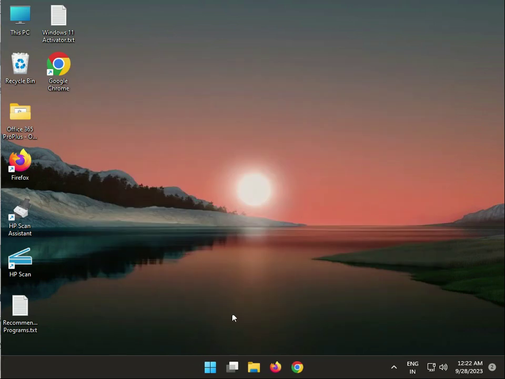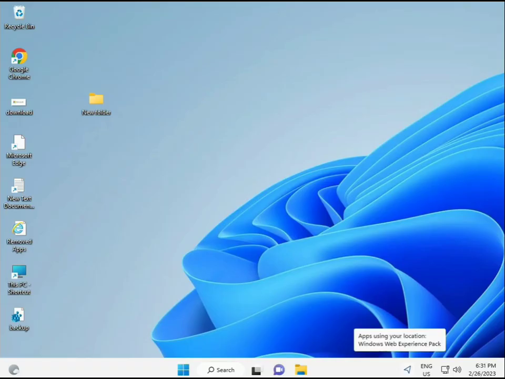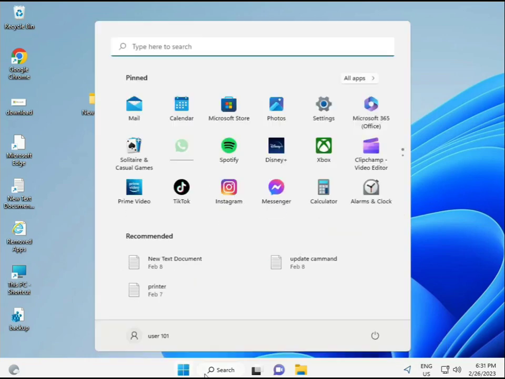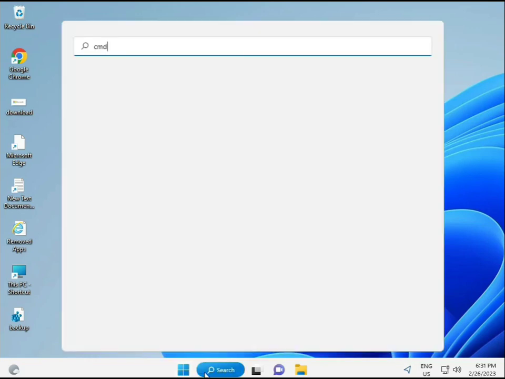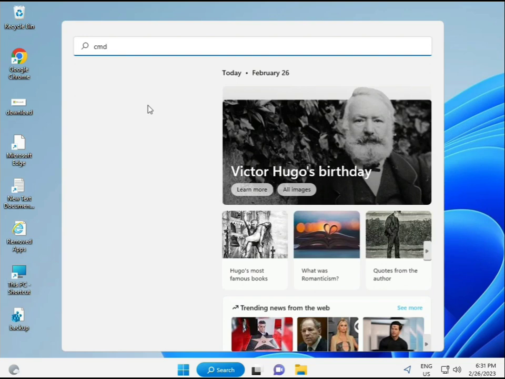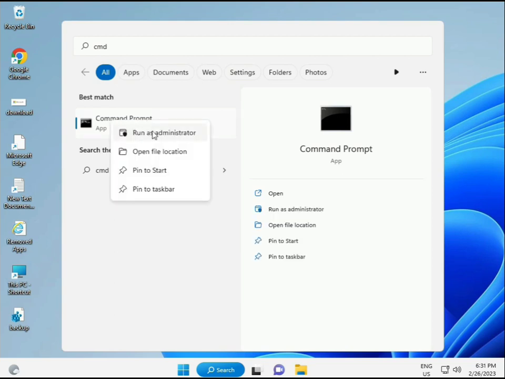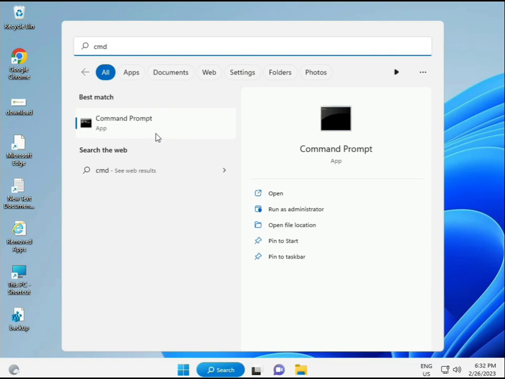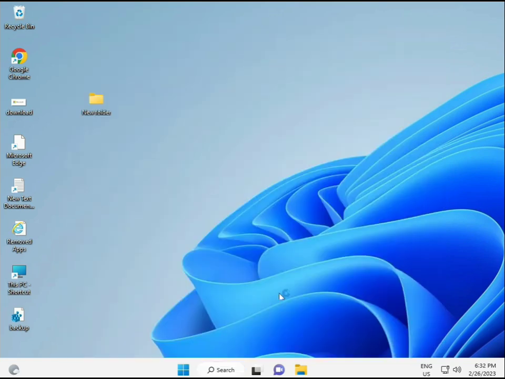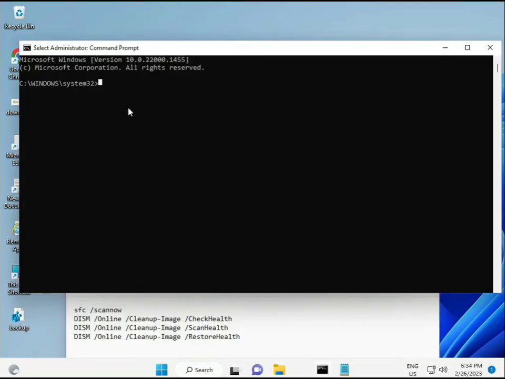And the next and final solution: click the start button and type cmd and then enter. You can try to run as administrator, right click and run as administrator, so you are giving full permissions. Okay,